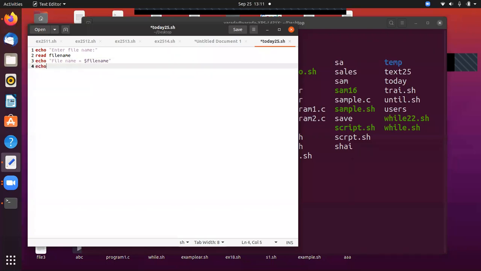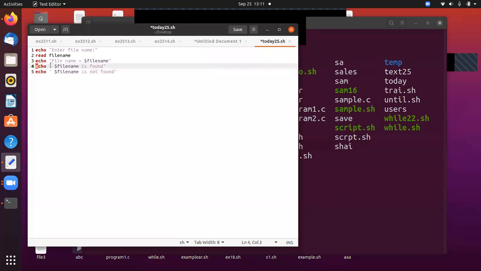You are going to have two statements: one is echo dollar filename is found, and another is dollar filename is not found. In these two statements, you are going to execute only one.